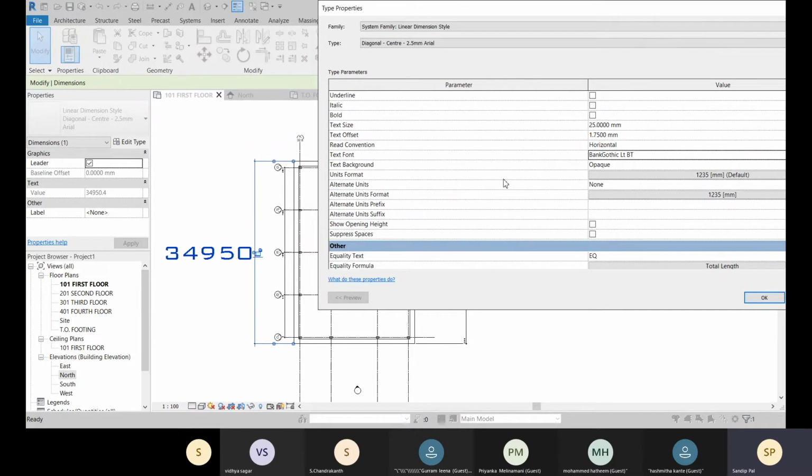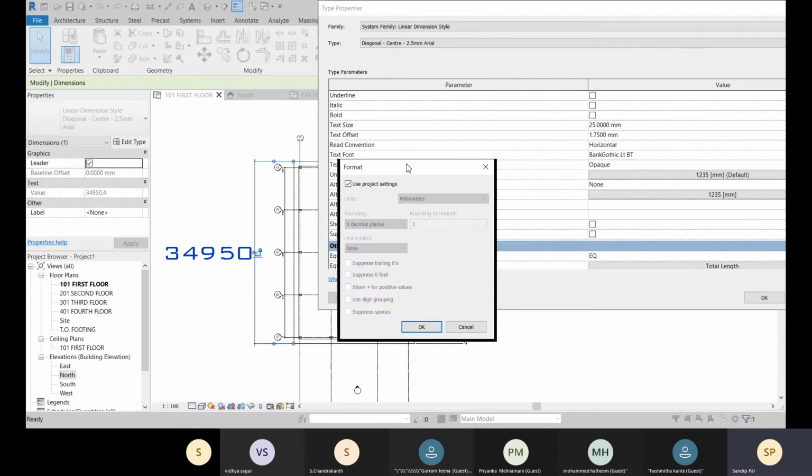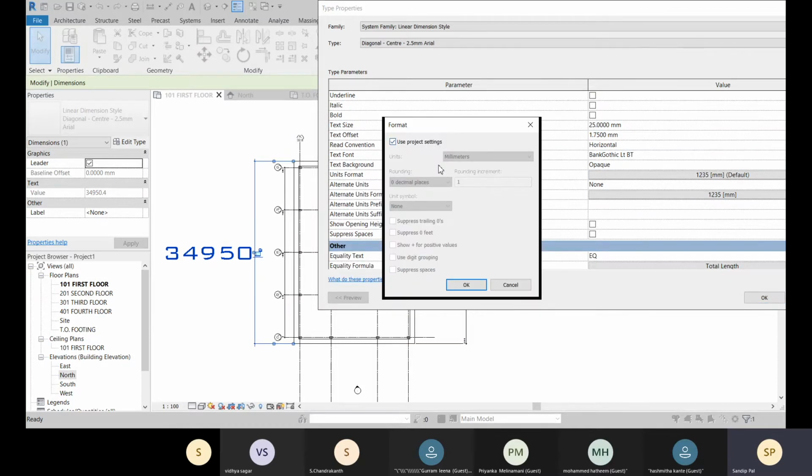Okay, and about this unit format, the unit is according to the project settings. If you want to override for this particular dimension, like you need to check it in inches, there you uncheck this use project settings, and here you change. And about rounding decimal places, you can change that also, and you can place your unit symbol over there.